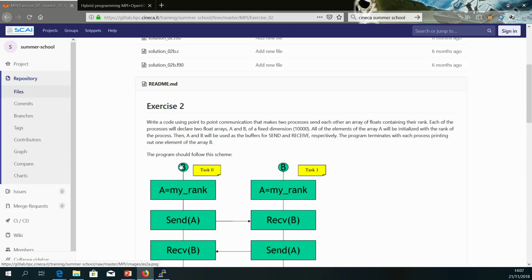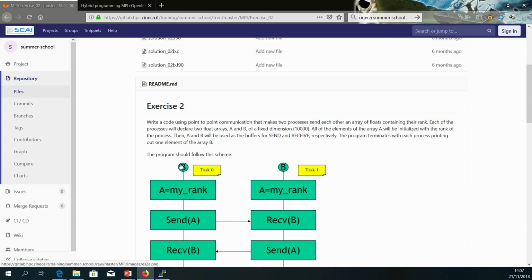At the end, I will have on task 0, on processor 0,